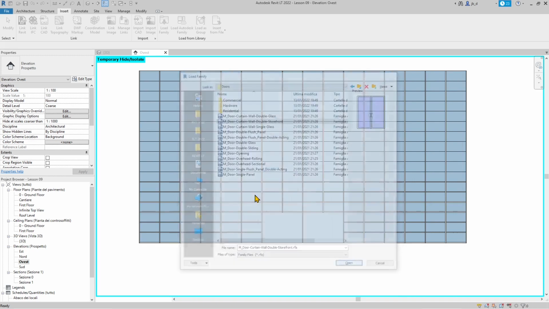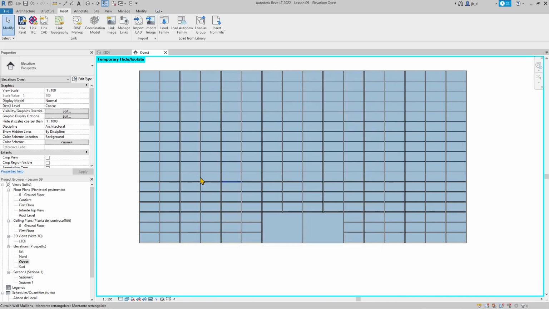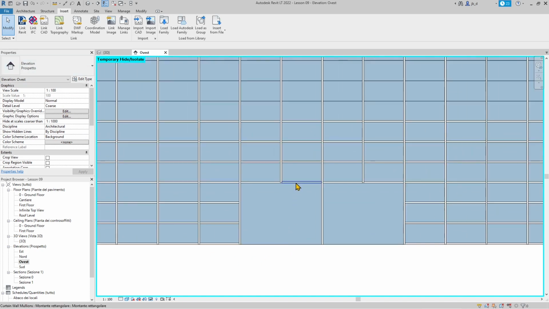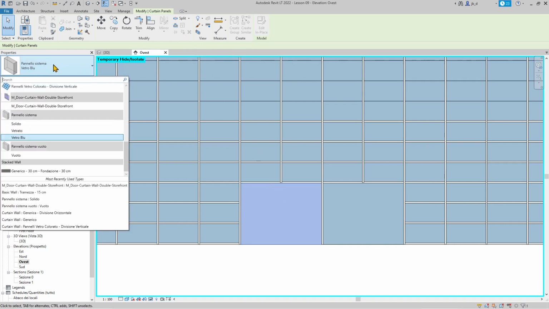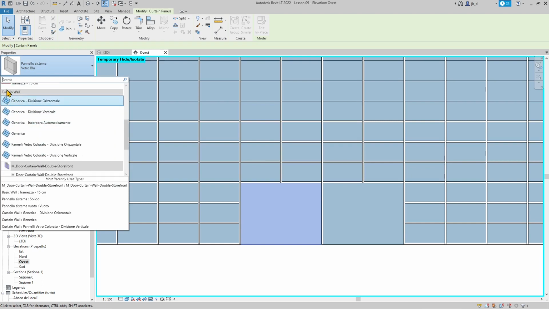So I'm gonna open up this family, and then I can go directly into the panel here by clicking tab, or on my keyboard I'm gonna select tab until I get the panel inside there. And if it's pinned, you need to unpin it. Otherwise, you can directly go here, and if you go in the section concerning the curtain walls, now we will